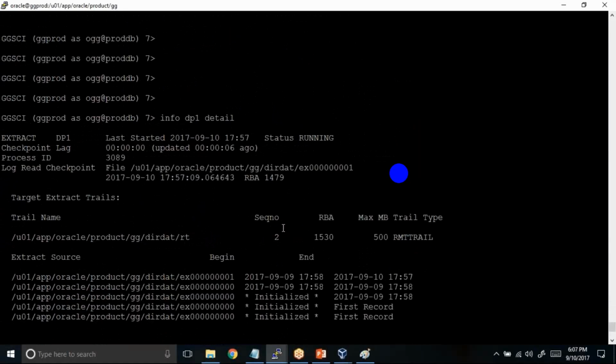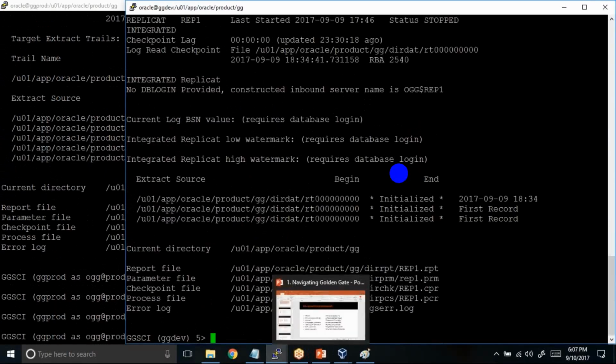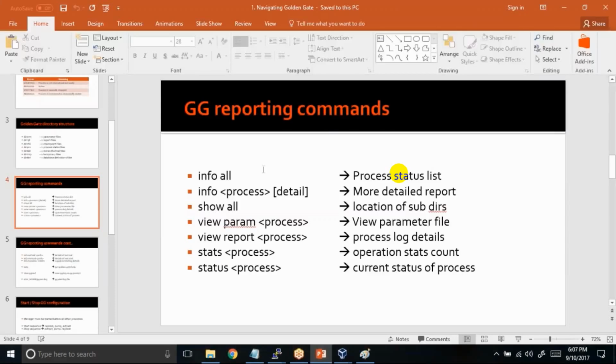Where exactly is this one? So the data pump is yet to create the remote trail 1 sequence number file onto the target. So until it creates it, you won't see it over there. Don't worry about it. Okay, so what I would request is you guys, whenever you're working, because we have limited